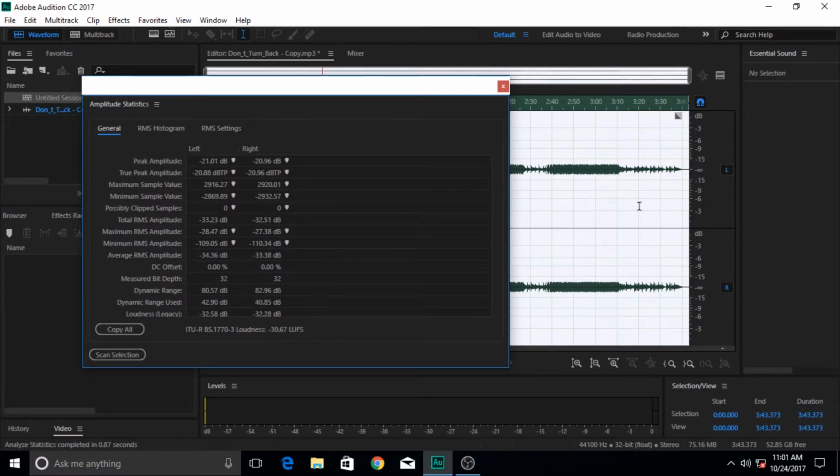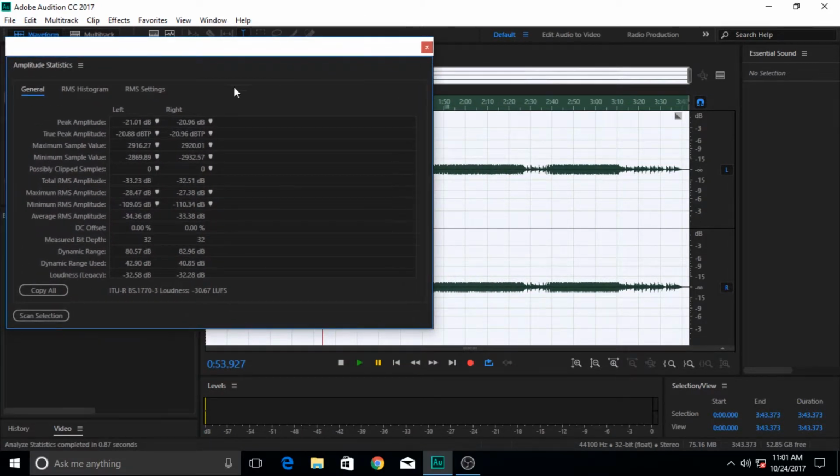And they not only show that for the whole audio file, it shows it in the stereo file in double channels. It divides the information into the left speaker and the right speaker or microphone. For example, the peak amplitude of our left speaker is 21 dB and the right one is, for some unknown reason, a bit lower. It has an amplitude level of 2.96.